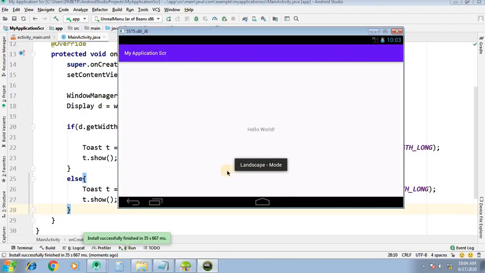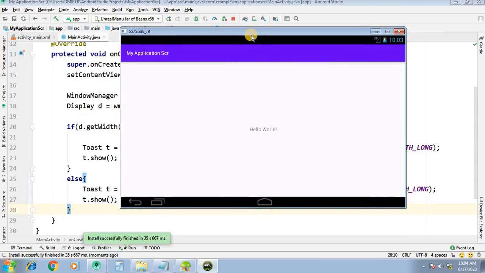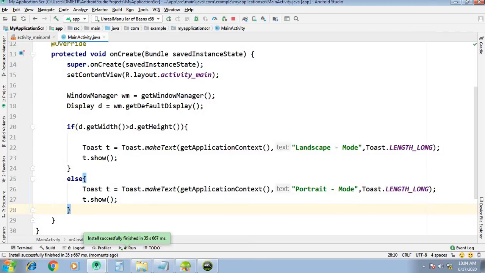Landscape mode, if you rotate, then you can get the message portrait. Portrait mode. So this is what about the screen rotation in Android.